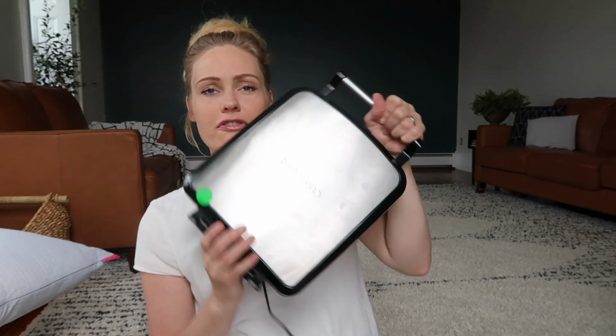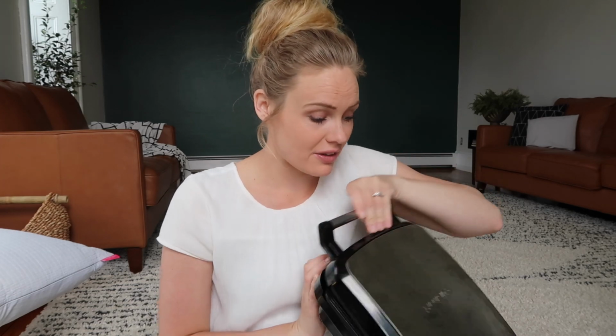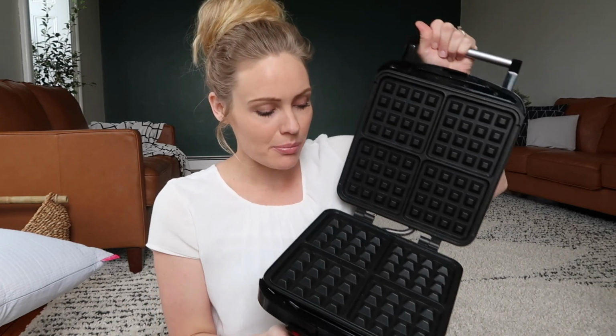But this is a waffle maker. This thing is heavy. It's a Cuisinart, and it is the deeper waffles. Like the one I had before, it was kind of funny actually. I had made waffles like a week ago and tried sourdough waffles for the first time, which were delicious. But anyways,